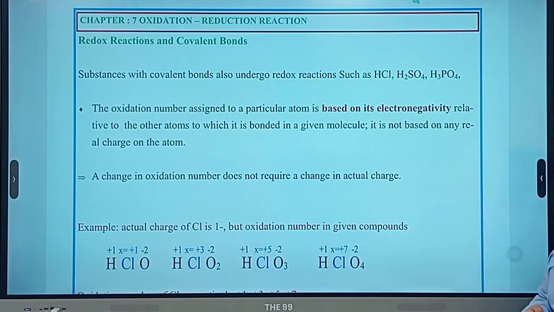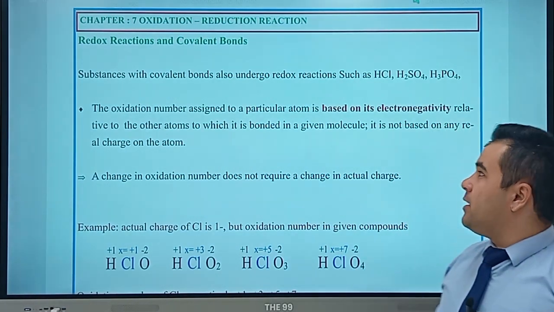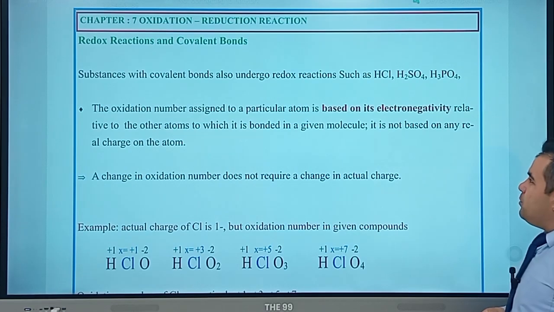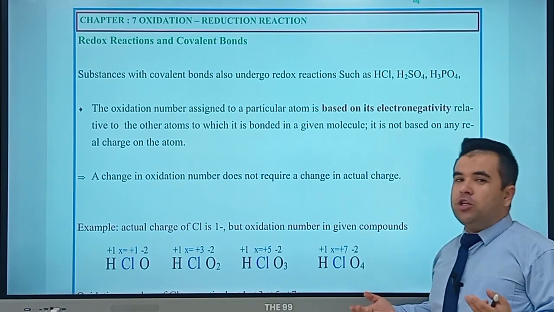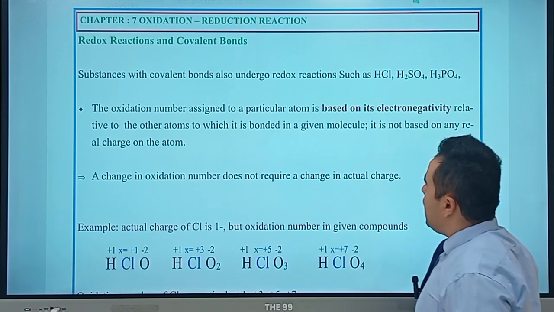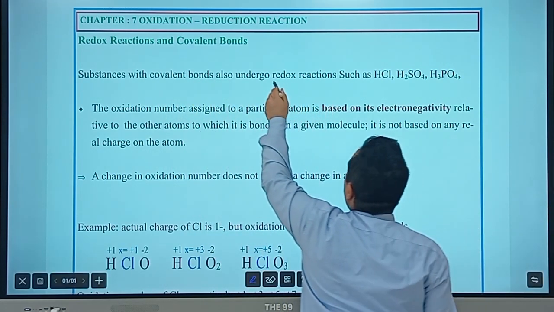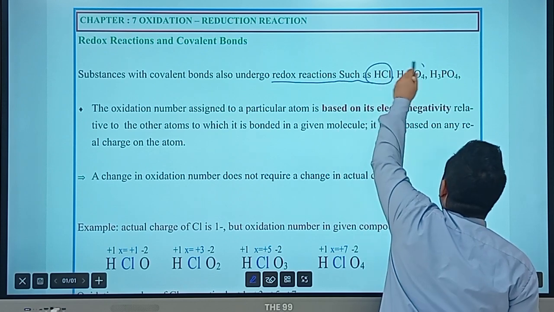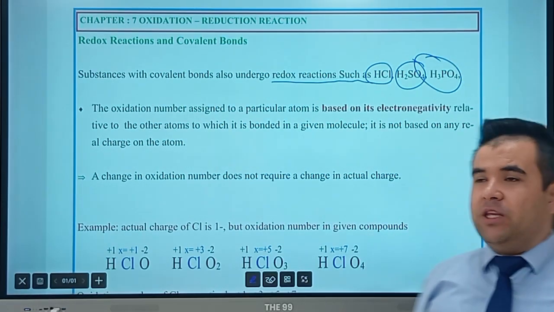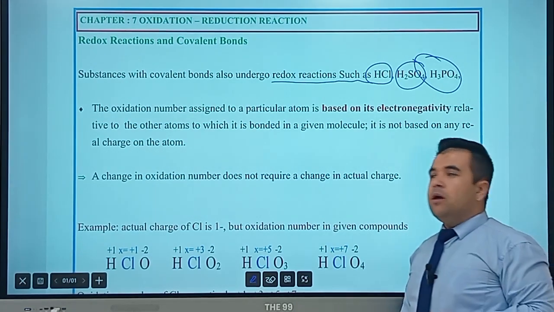Guys, are redox reactions only specified for ionic compounds? No, it's not the case. For covalent or molecular compounds, where there are covalent bonds between the atoms, there will be a change in the oxidation number, and then the oxidation state changes. That's why redox reactions are not only specified for ionic compounds. Substances with covalent bonds also undergo redox reactions, such as HCl, H2SO4, H3PO4. These compounds are molecular compounds. When they react, there will be a change in their oxidation number,